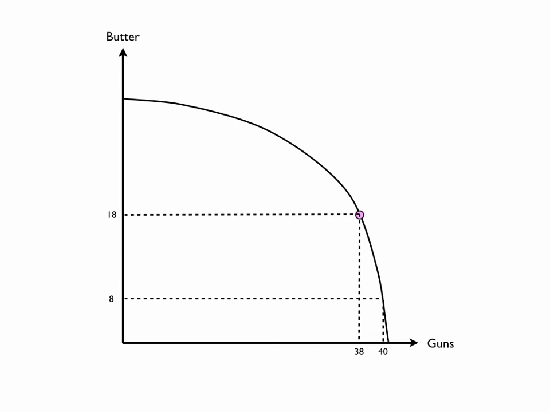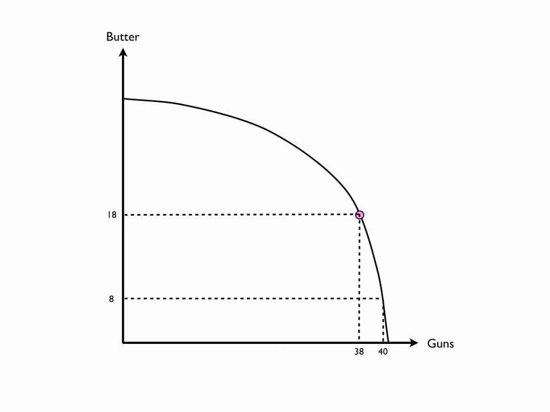And what this implies is the marginal cost of obtaining more guns when we're down closer to the gun axis is very high. We get very few guns, but we have to give up a lot of butter to move farther down this production possibilities curve. And the marginal cost of obtaining butter at this point is very small. We get a whole lot of butter at very little cost of the guns we have to give up.